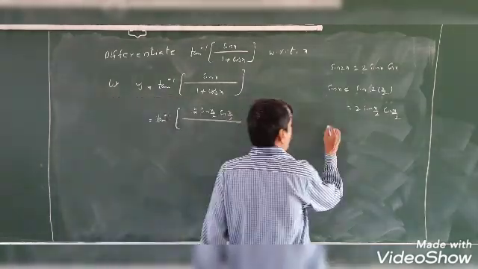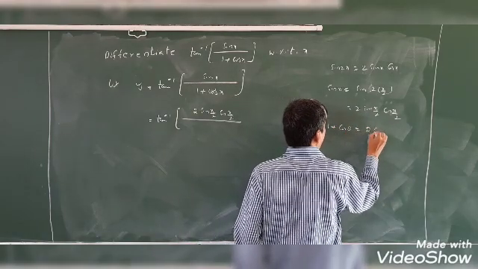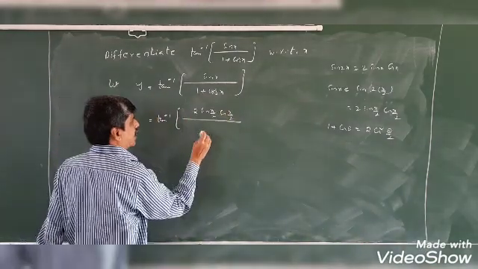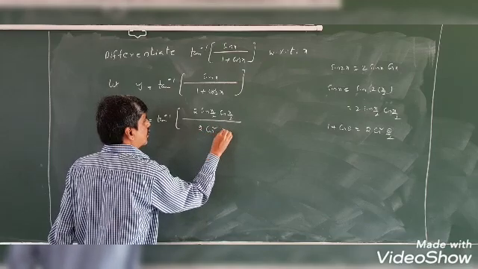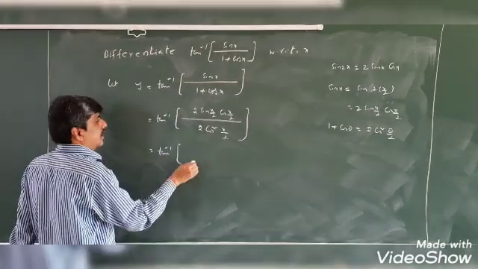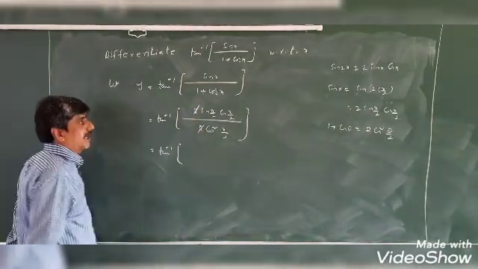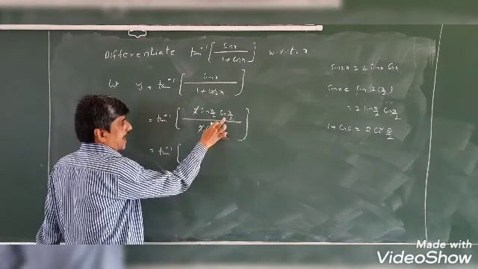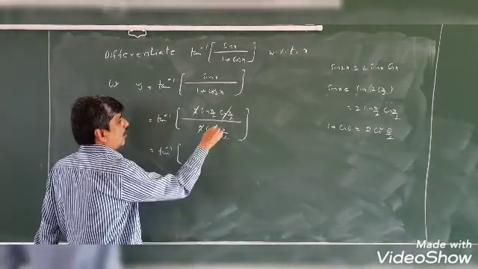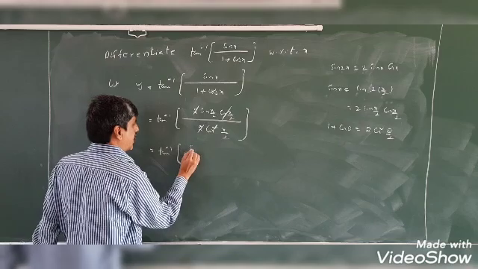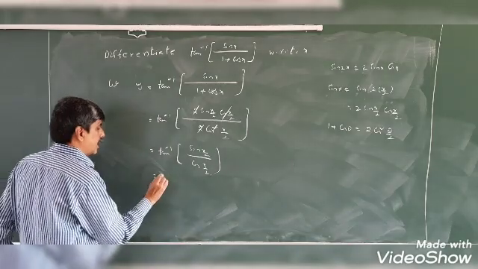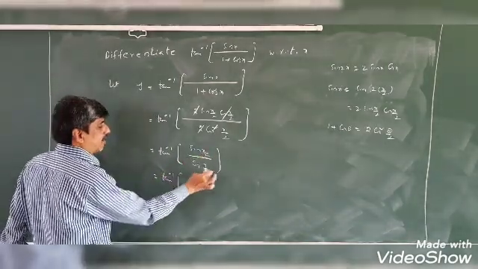And one more formula, 1 plus cos theta is equal to 2 cos square theta by 2. So here 1 plus cos x, I am writing 2 cos square x by 2. So tan inverse of, this 2 gets cancelled. Here sin x by 2 into cos x by 2 is there. This cos x by 2 cancels with cos square x by 2 one time. So remaining is sin x by 2 by cos x by 2.